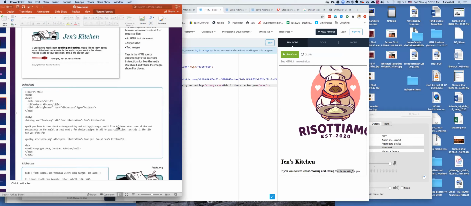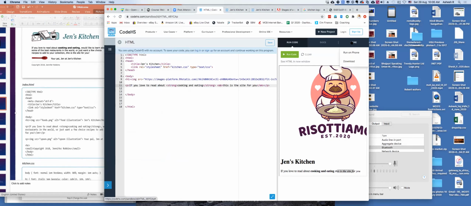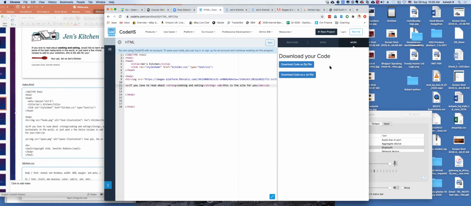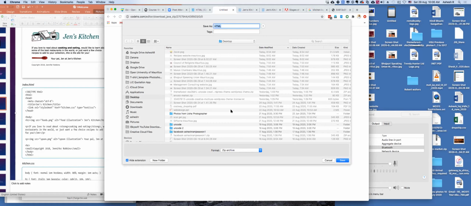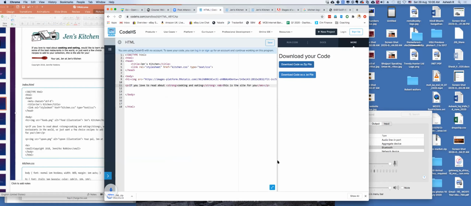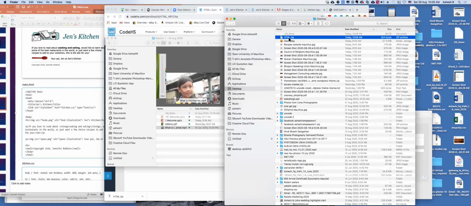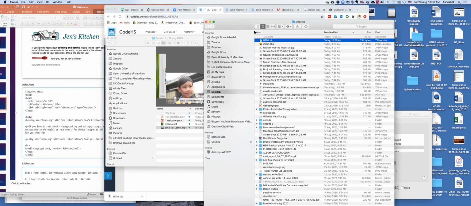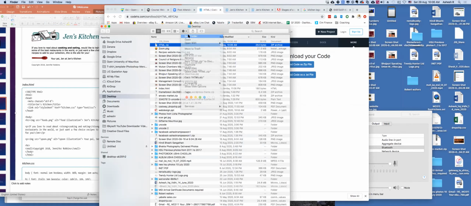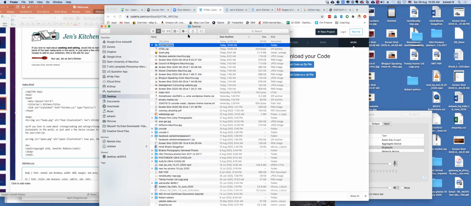Good. Fine. This is the HTML file. Okay, so you please complete this at home. Then at the end, I think you can save, download the file. So you download the file and then you save it as a file, and then you create a folder. You create a folder. Okay, so you do a new folder on your computer. You name it like